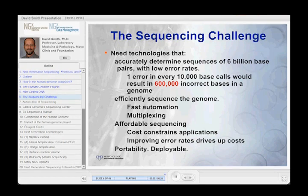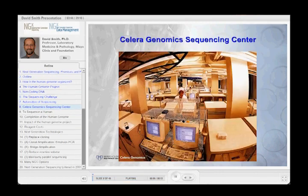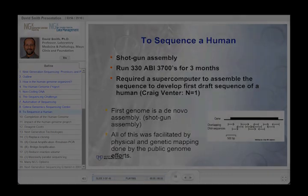It was a big deal, again, if you're old like me, to see the evolution of something like the CE3700, a 96 capillary device that you could just keep running the capillaries over and over again. And with the vision of Craig Venter to put 330 of these in a room at Celera Genomics, and then to take all the data that the public genome generated and use that to assemble a genome sequence, it was a very